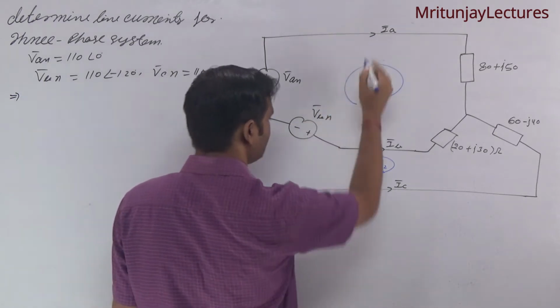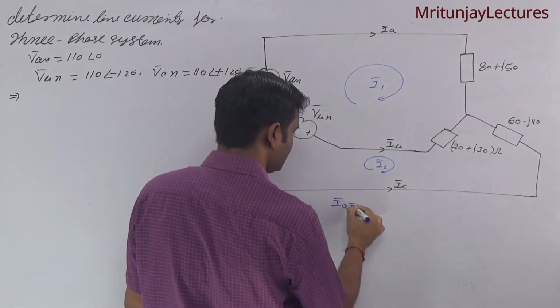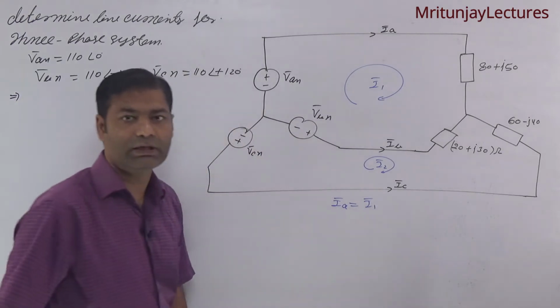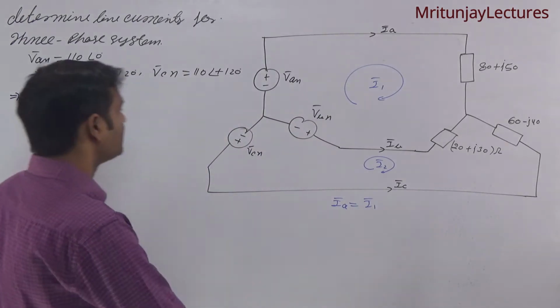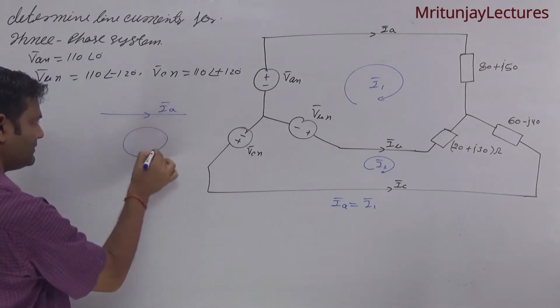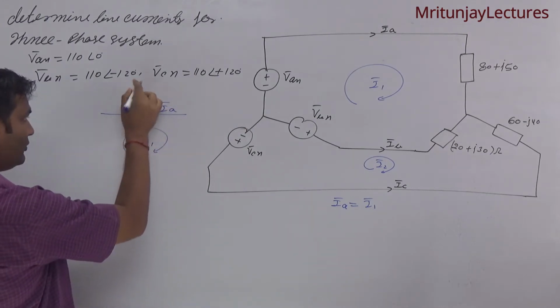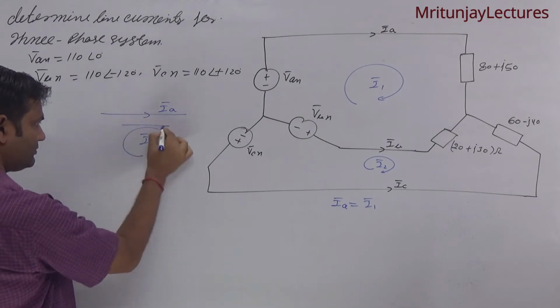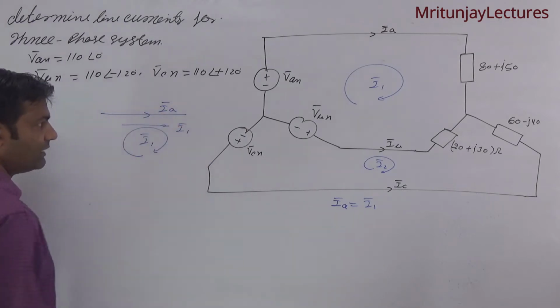I1 is equal to IA, clear? Why? If any doubt, that is branch current and that is loop current. No other loop current is here, so I1 is equal to IA. Now